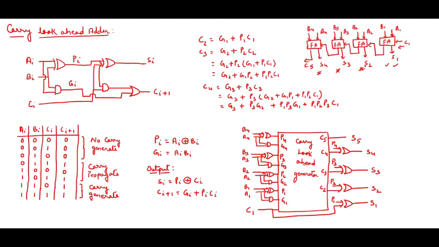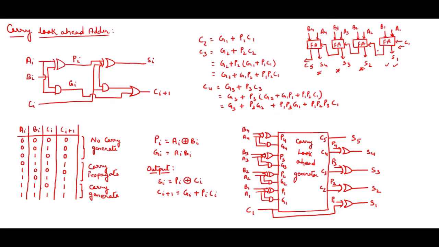What is the reason behind that? See, A and B I'm giving to all the full adders at a single point of time, so the process is taking place in all the full adders at a single point of time, but the result which is coming out as the output is not the same. Why? Because the first full adder will be subjected to C1, whereas the second full adder will get the C2 only when the C1 is added to this result and we got the final one. So there will be a delay over here.